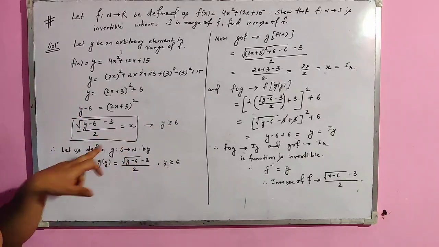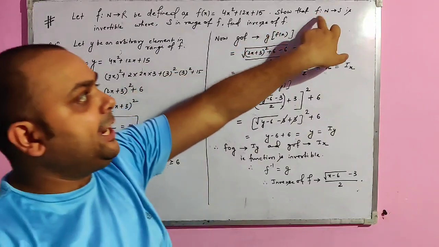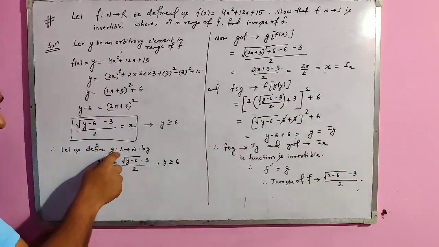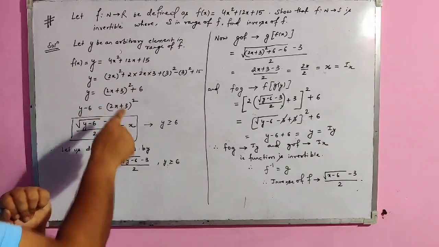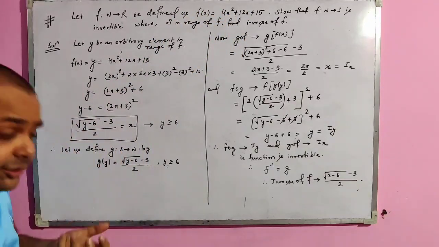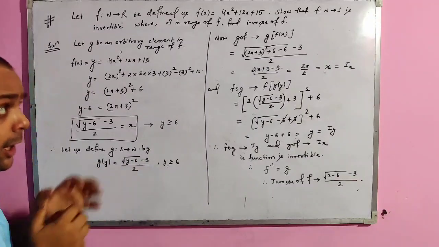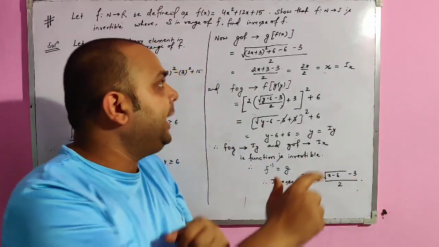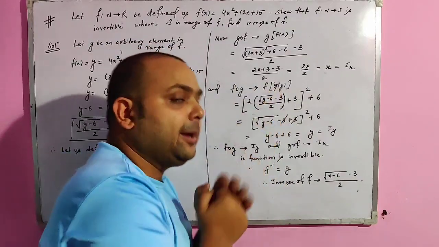Now let this value be defined as g such that S to N, if f is given N to S, we have to take a function the opposite of that, that is S to N, where g of y is defined by this function. We have f of x, this 4x square plus 12x plus 15. We have taken another function g of y, (square root of (y minus 6) minus 3) upon 2. Now after calculating f of x and g of y, we have to calculate gof, that is g of f of x, and fog, that is f of g of y.